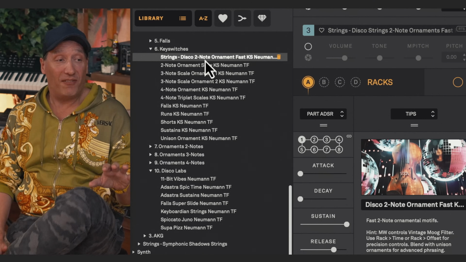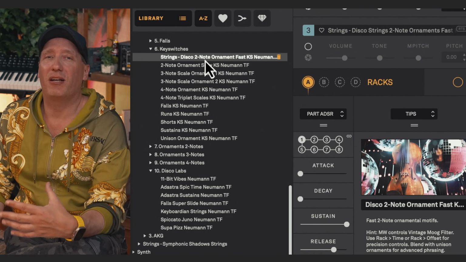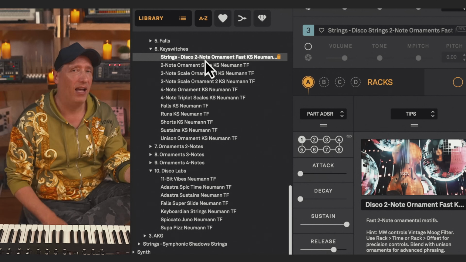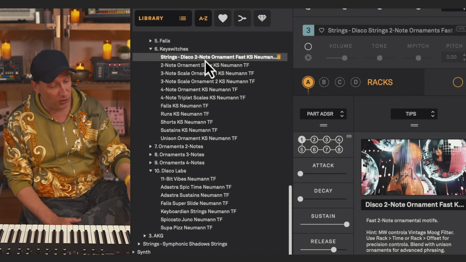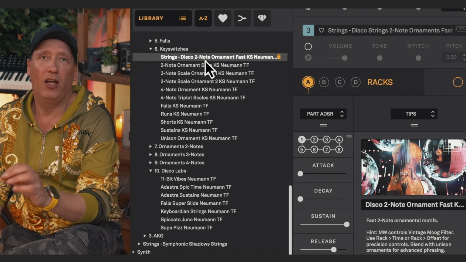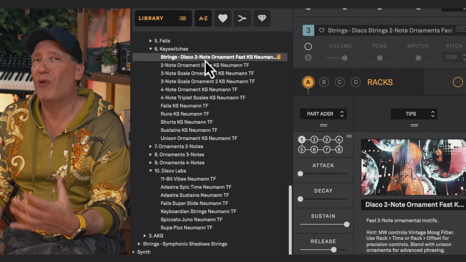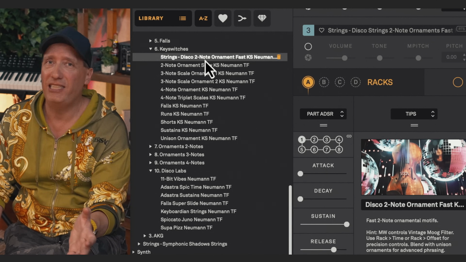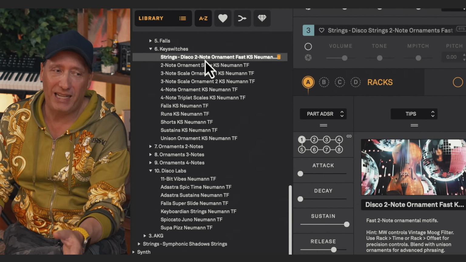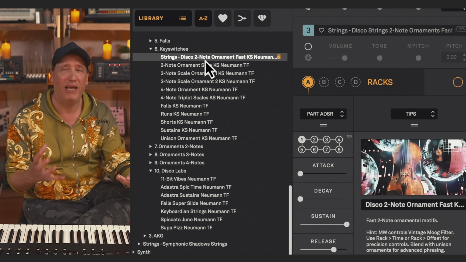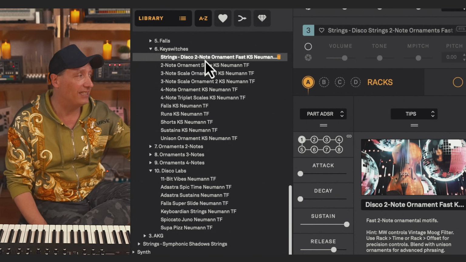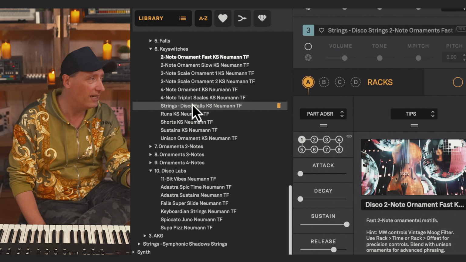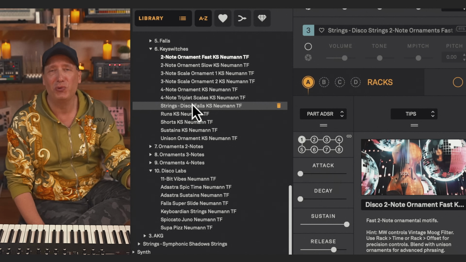Now, we also have a variety of key switches in the library. This is where we're combining all the individual articulations. This is really useful for those of you who like to work in the DAW and have everything in front of you and be able to choose whatever articulation you want at the key switches. We have another video where I'm demonstrating how to write for Disco Strings. I've made about 10 mini demos and I'm combining a bunch of different fragments and key switches together in those demos as well. So those are really excellent if you want to know more about how to combine all the elements you've seen in this video here. But as you can see, the key switches here are elaborate. We have all the ornaments, we have all our short notes, our sustains, anything we need to have this disco toolbox in front of us.